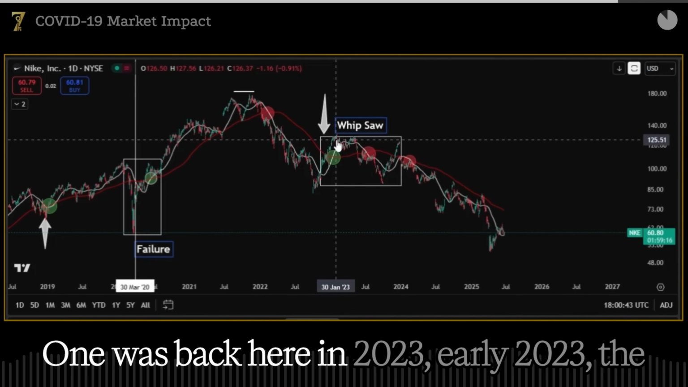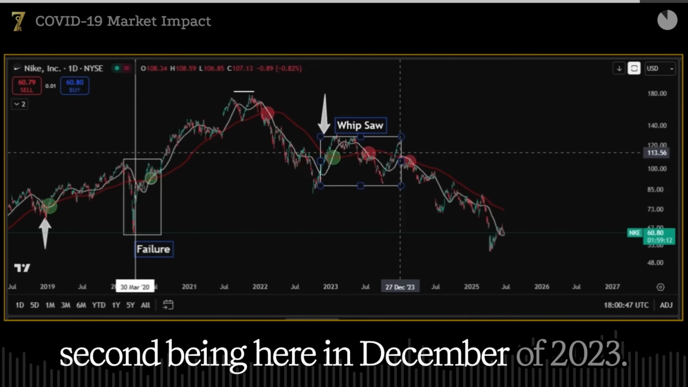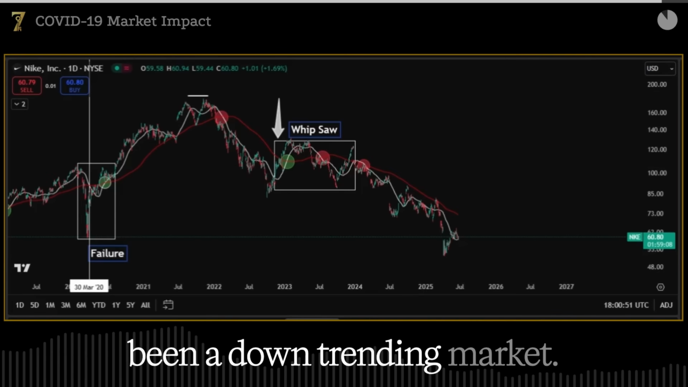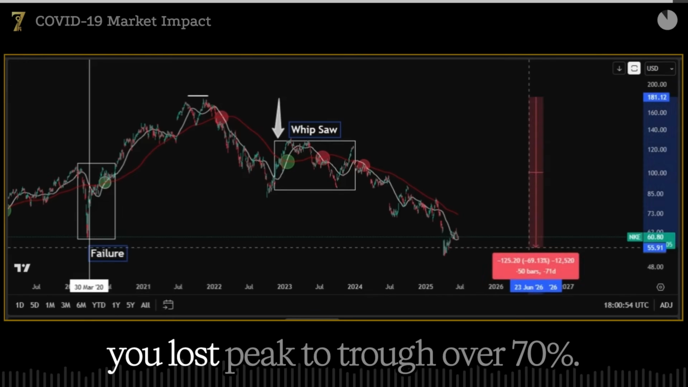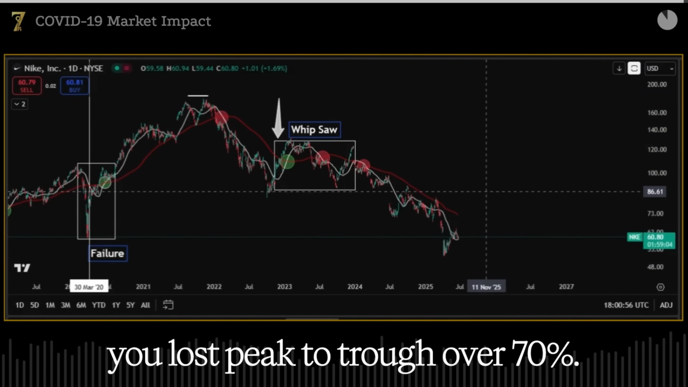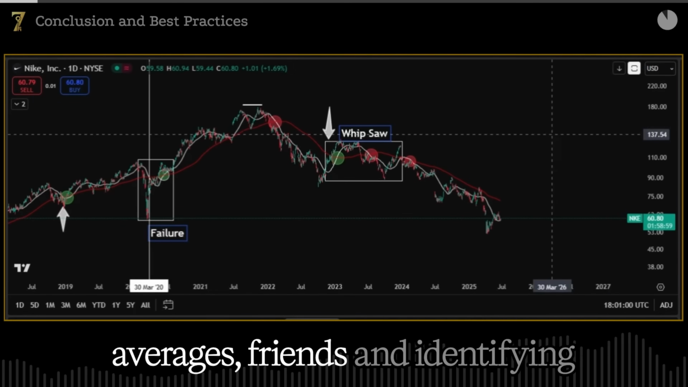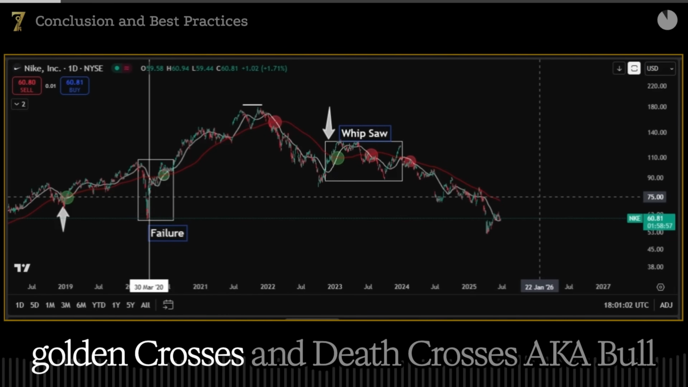One was back here in 2023, early 2023. The second being here in December of 2023. But for the lion's share, this has been a downtrending market. As a matter of fact, how much have you lost peak to trough? Over 70%. So again, just using your simple moving averages, friends, and identifying golden crosses and death crosses, aka bull